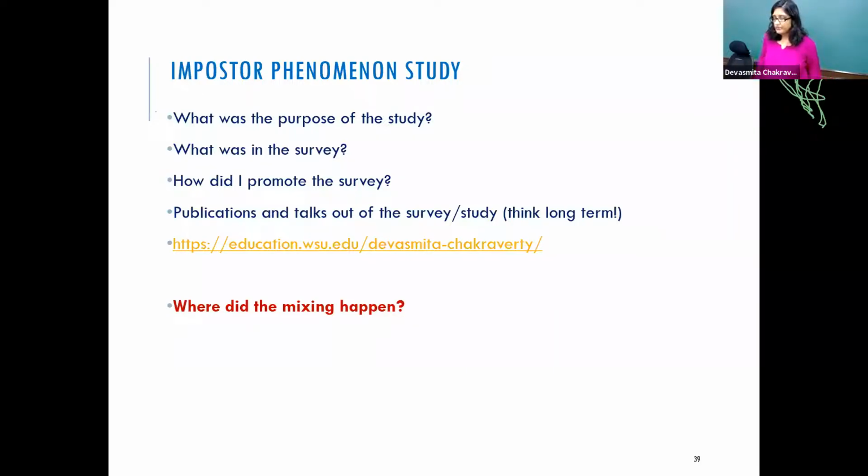Now, I did not know what I was going to ask in the interview. My primary intent was to do interviews. But when I did a literature review, what I found is 90% of the research is quantitative. They were done in different countries. I was not so clear about what I could do that is different. So what I did is I first floated a survey.